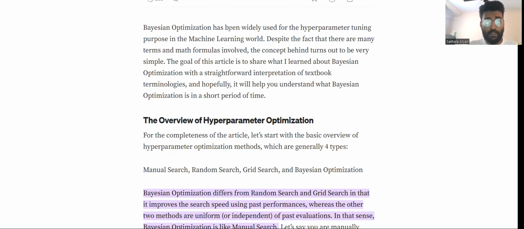In layman's terms, Bayesian optimization will try to select an input for a machine learning function. So for example, in SVC, we need to give C as an input. In random forest, we need to give number of trees as an input. And what Bayesian optimization will do is it will try to give you the best input value so that your model will be much more accurate. And how it works is